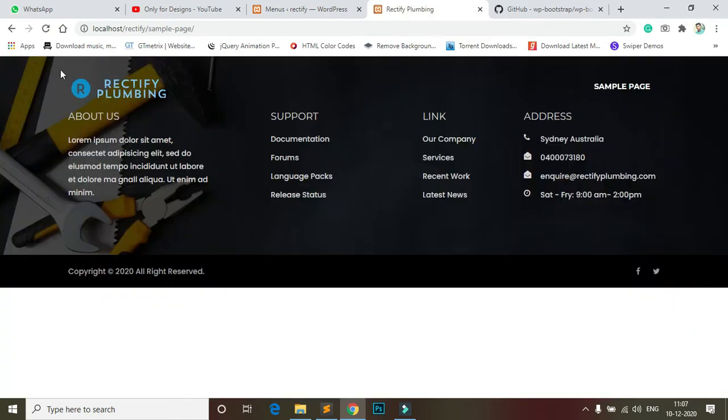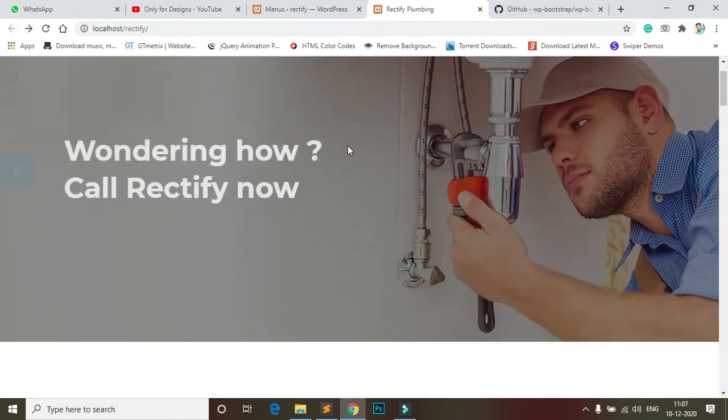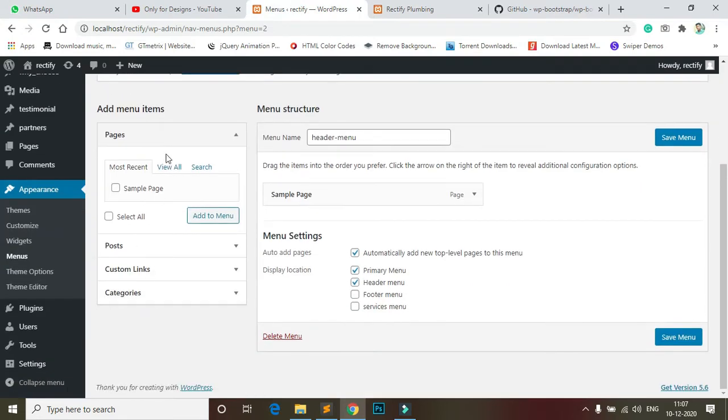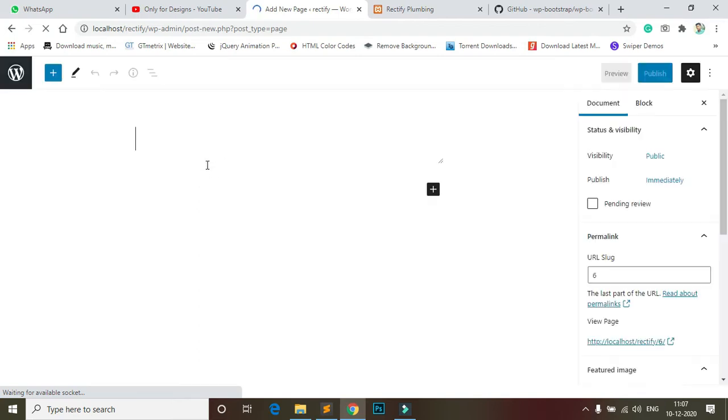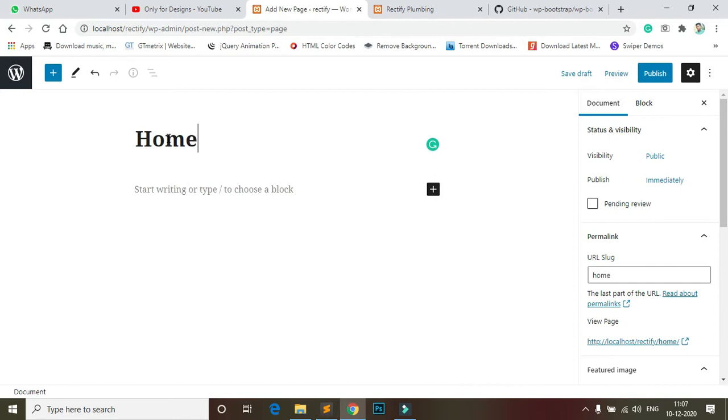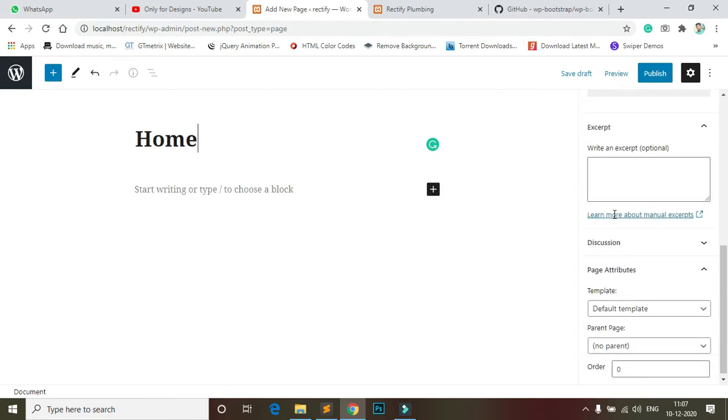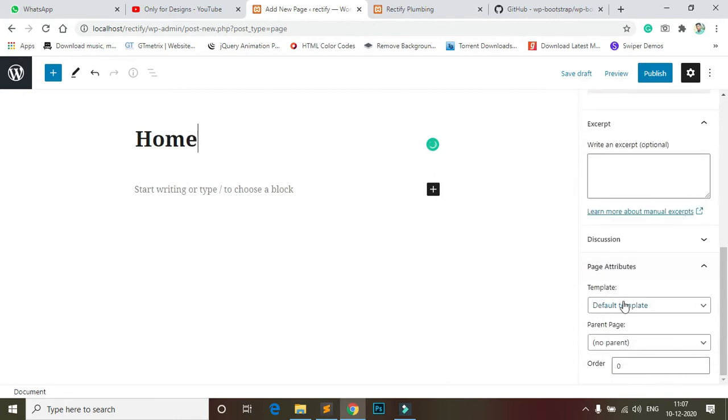Now I need to create a page. You can see here I have no pages, so I need to create pages. So go to Pages and add new page. The first one is the home page, home, and I select this template.